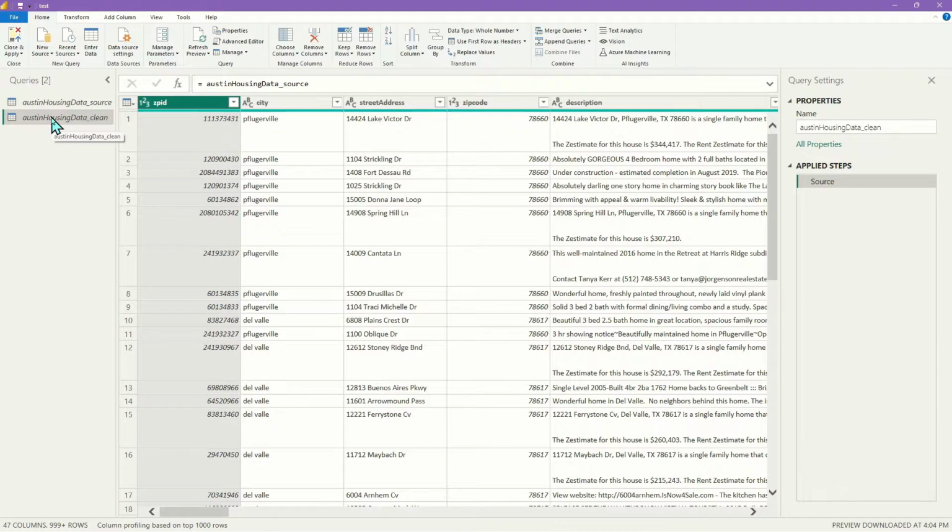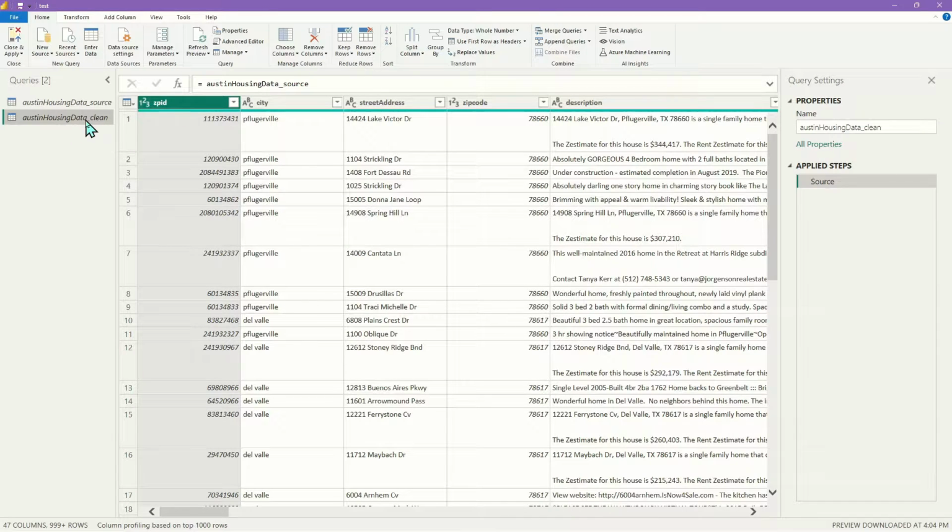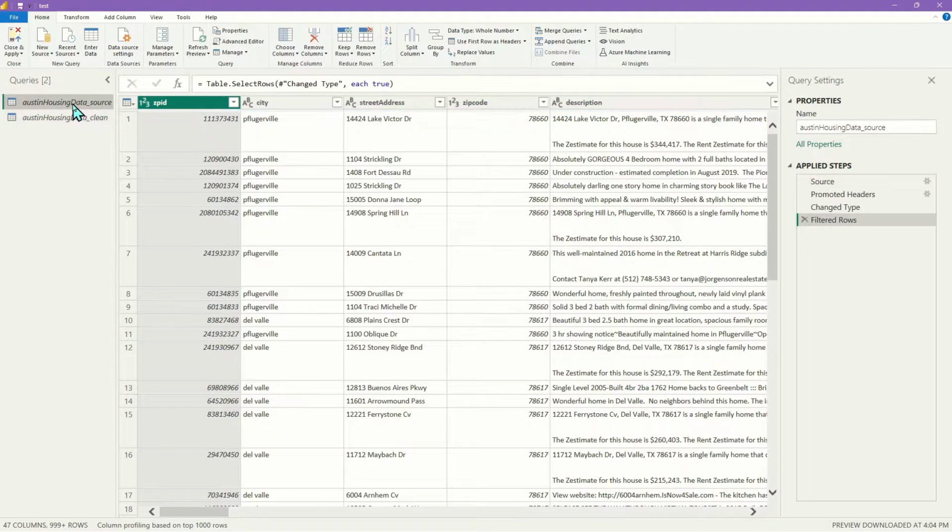The reason that I like to work with this structure is it allows me to reference my original data set and then my cleaned data set, or in other words, the data set that I've transformed and polished up, which we're going to do here in just a minute. I can use this to build out my schema of data tables. But I like to always have an unchanged, completely untinkered with version of my data here at an easy reference,